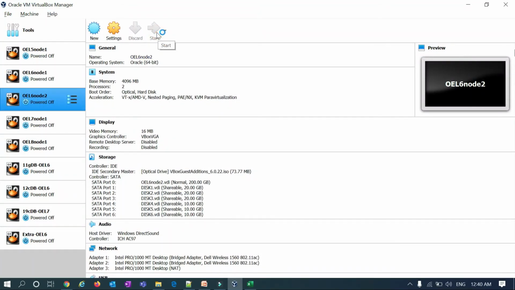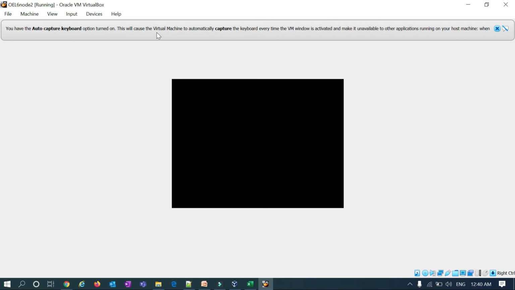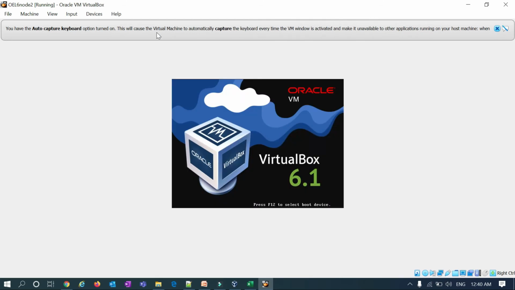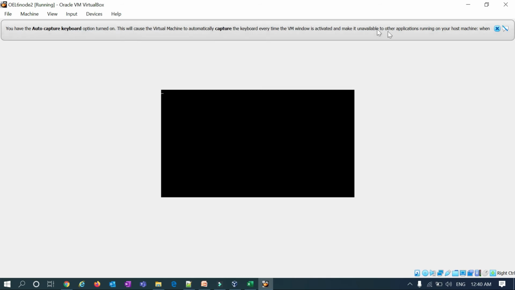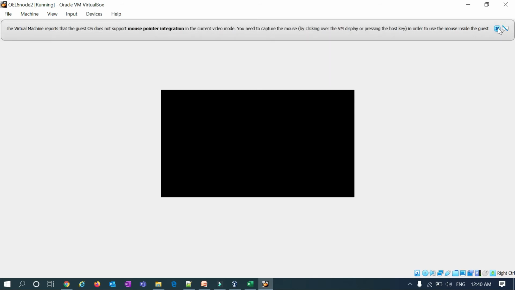And once I go under my slash dev and then check for all these disks, all disks will already be partitioned, because the disks are shared between this node 1 and node 2. So I no need to separately do all the partitions here. So we'll wait for a few minutes. So let node 2 come up, and you need to go to slash etc